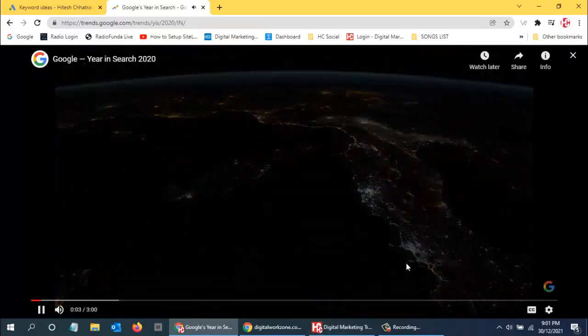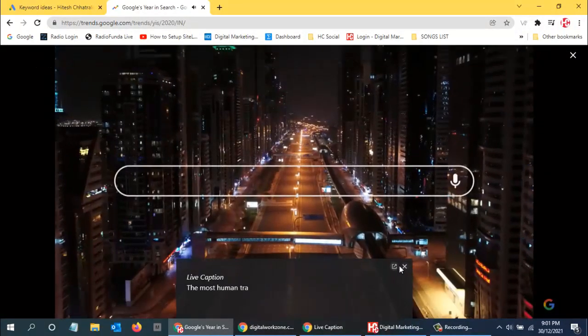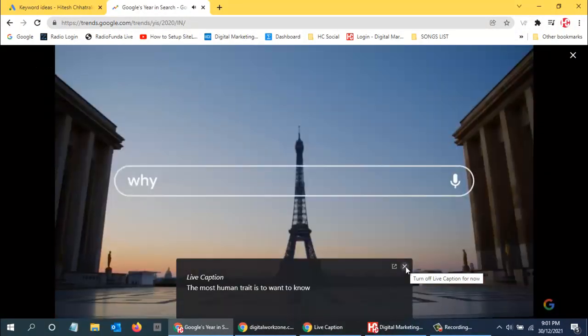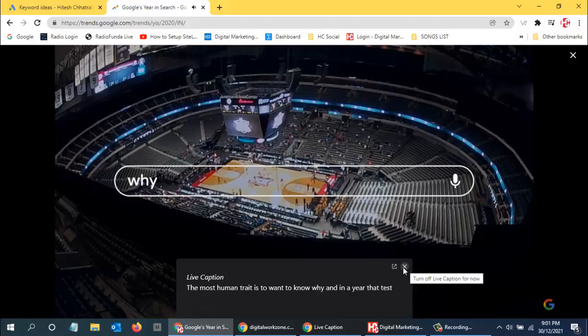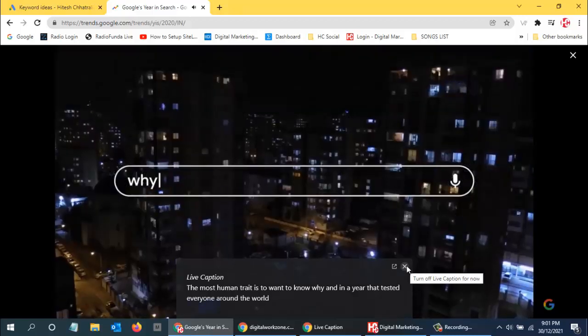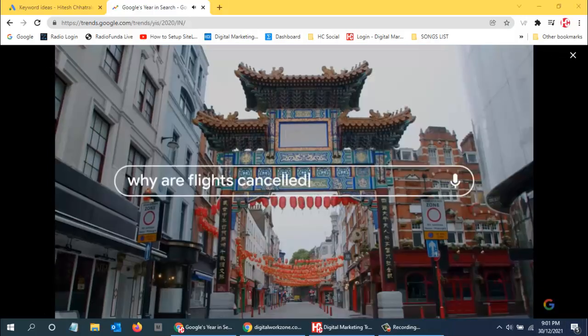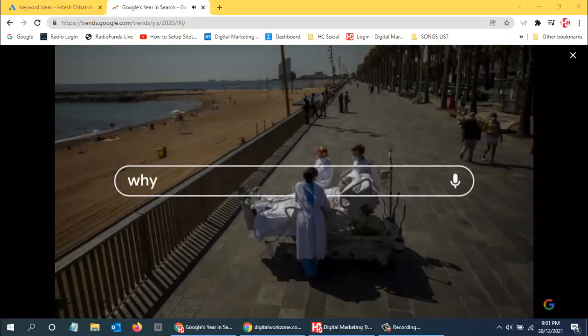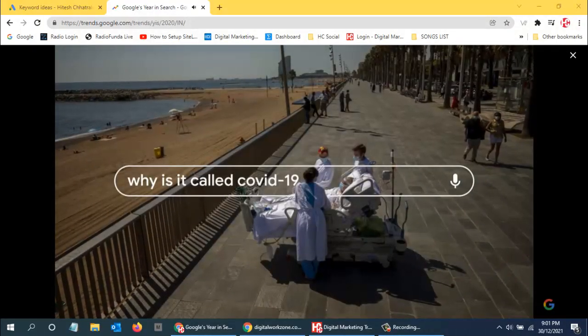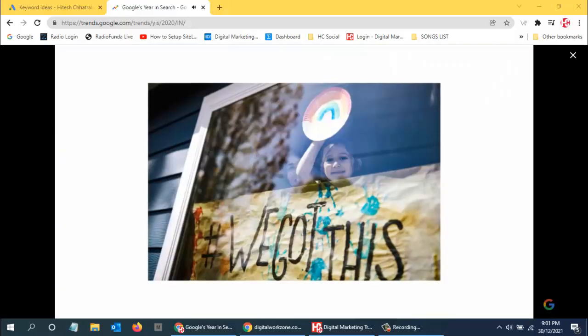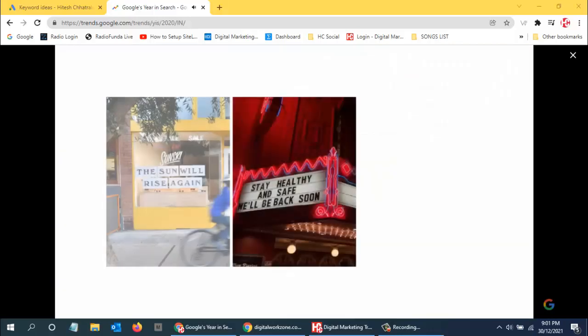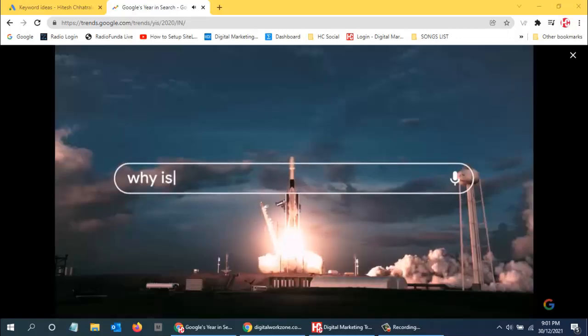The most human trait is to want to know why. And in a year that tested everyone around the world, why was searched more than ever. The spread of the coronavirus has passed a significant milestone. And while we didn't find all the answers, we kept asking.